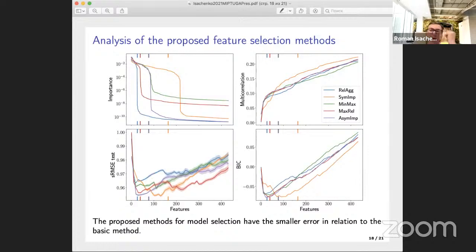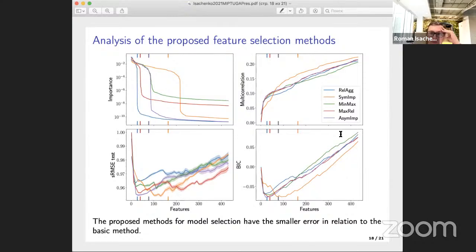On this slide, we show the described quality criteria for all the methods that we consider. The proposed methods have a smaller error, are more stable, and choose a simpler model in relation to the basic strategy,